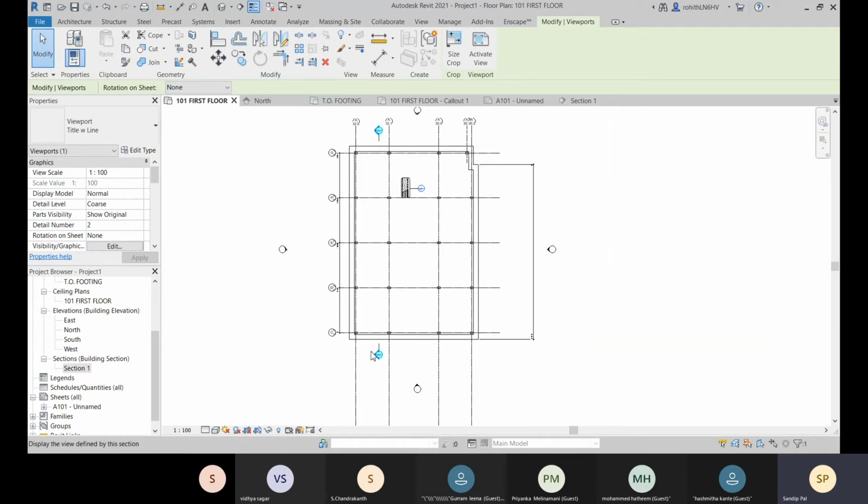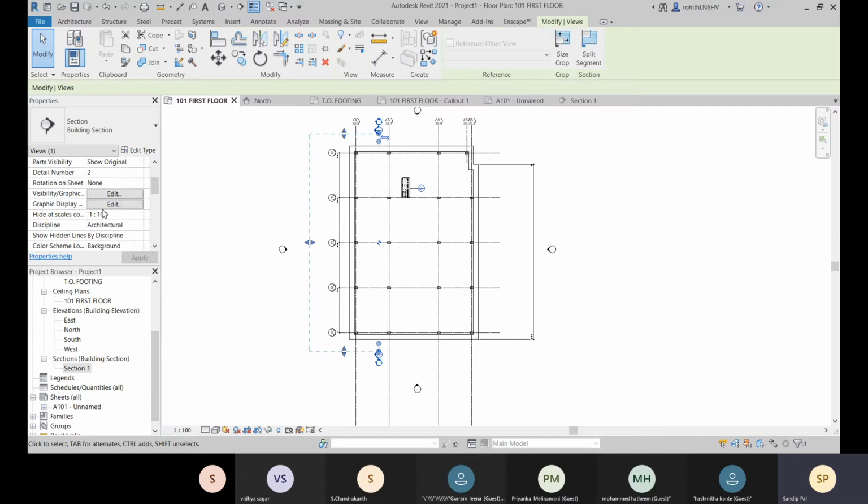So this is the section line over there. Let's select this one, and here you also can change the view scale, so that it matches with this floor plan over there. And if you want to change that, you can change it also. So here you can see that